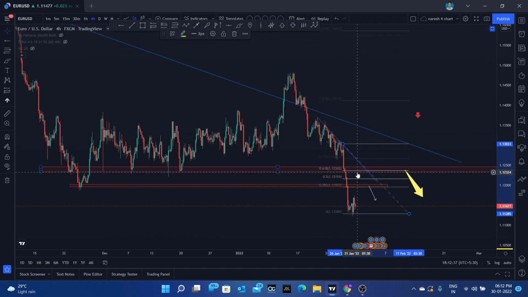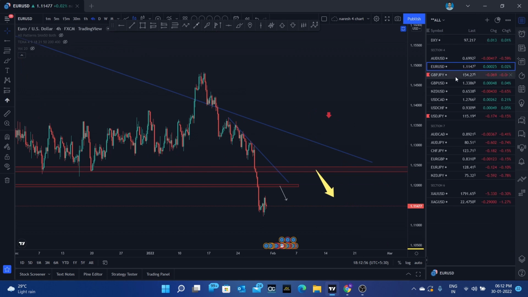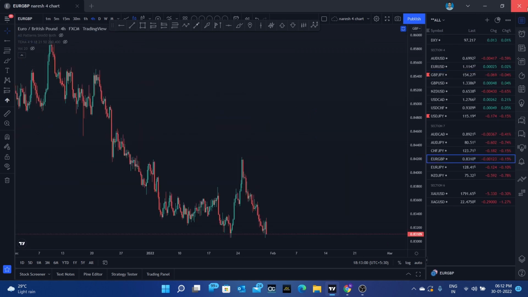So we are having 61% retracement as well, which is really good. You can go for short entries in this area and this area. I'm preferring to go here, but even if it is coming here and making some kind of pattern signaling short entries, you can go for short here, guys. So that would be for EUR/USD. And next we'll be seeing EUR/GBP, sorry.